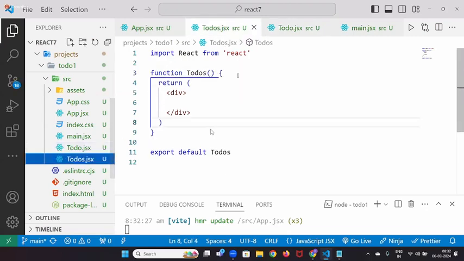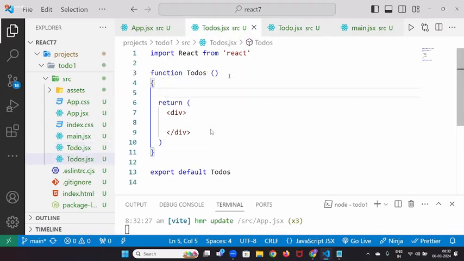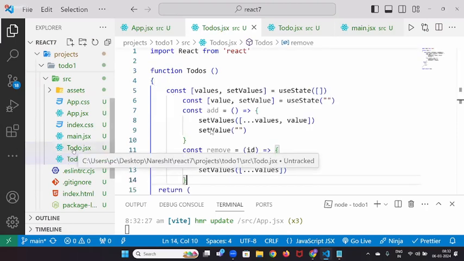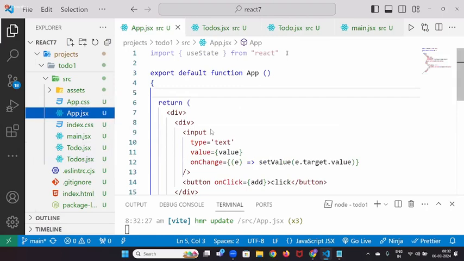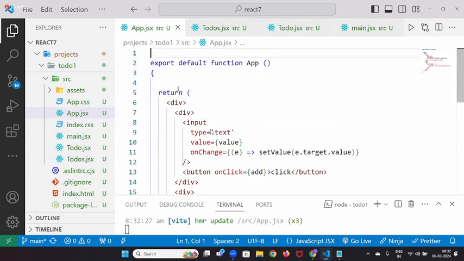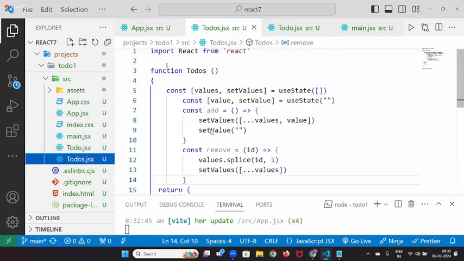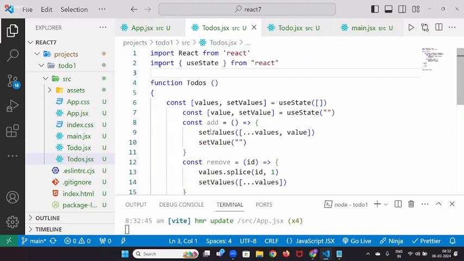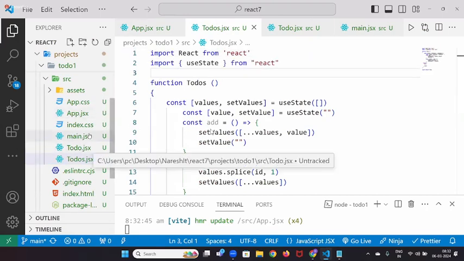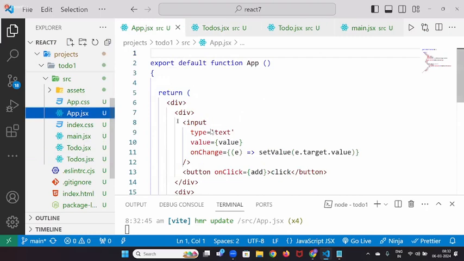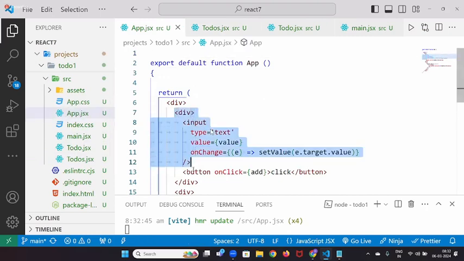Inside this to-dos, import the useState. Control X, go here to-dos, and then go to app. What more is there in the return statement? This div, the whole div,